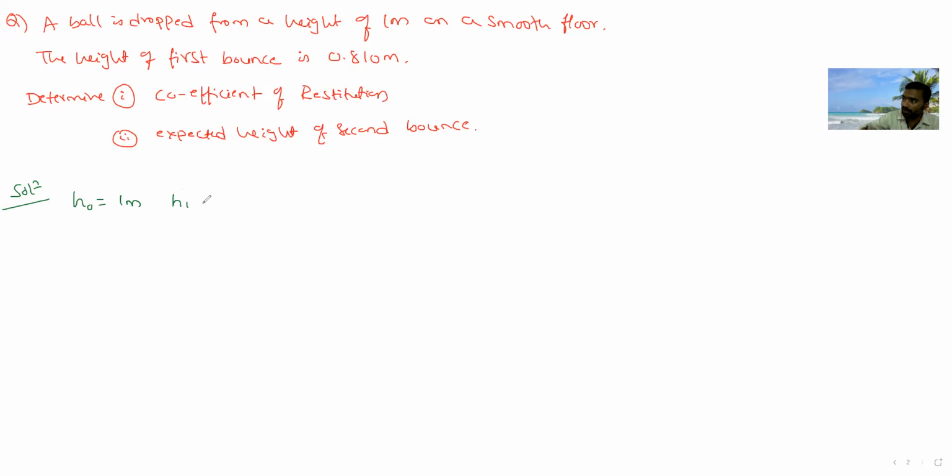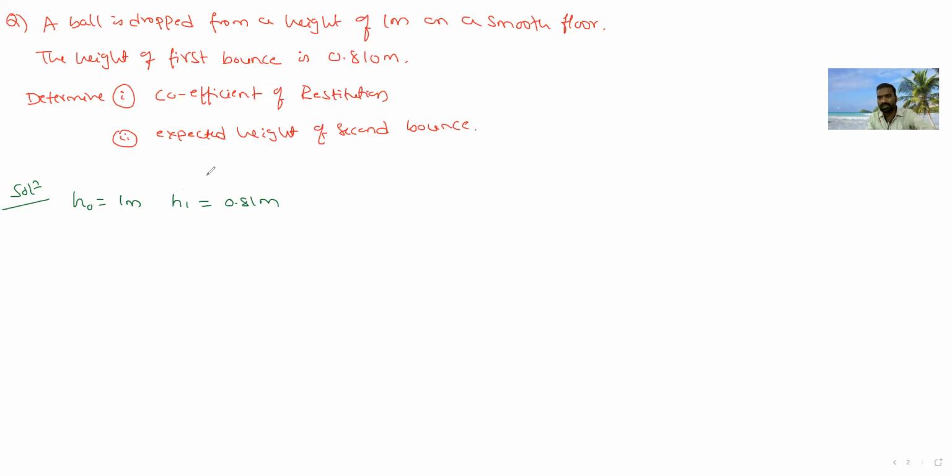So after striking the floor, it has come up. That is, h1 is equal to 0.81 meter. The ball is going in the downward direction and then coming in the upward direction. First of all, you have to find out it is freely falling. Initial velocity is 0. Then when it touches the ground,